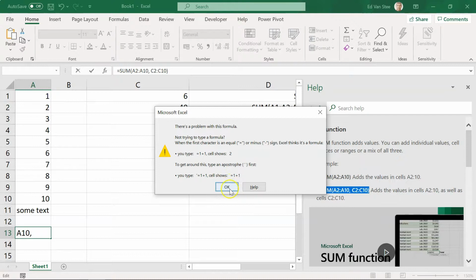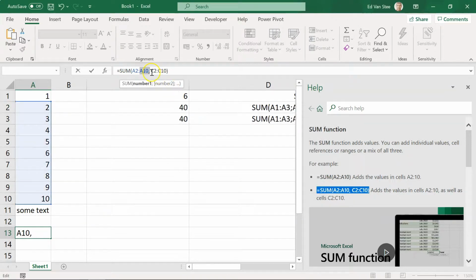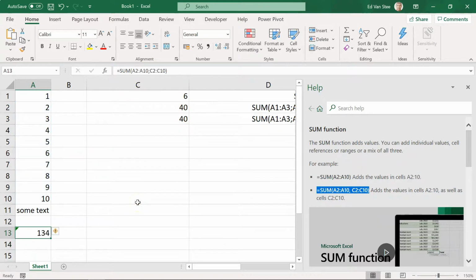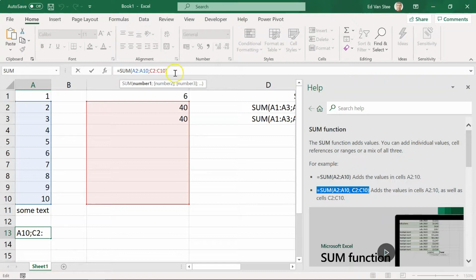Now I should change this to my semicolon, and now you see immediately Excel recognizes the second argument, it colors it, and of course if I now press the enter key I have a result. So you have to be aware of what kind of list separator you have,